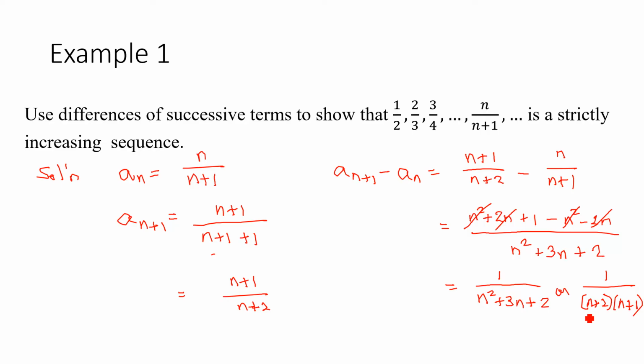So, in other words, a sub n plus 1 minus a sub n is greater than 0. Why? Because if we substitute any number greater than or equal to 1, let's say 1, that is 1 all over 1 squared plus 3 times 1 plus 2. So that is greater than 0. Therefore, this proves, therefore, we could now say,